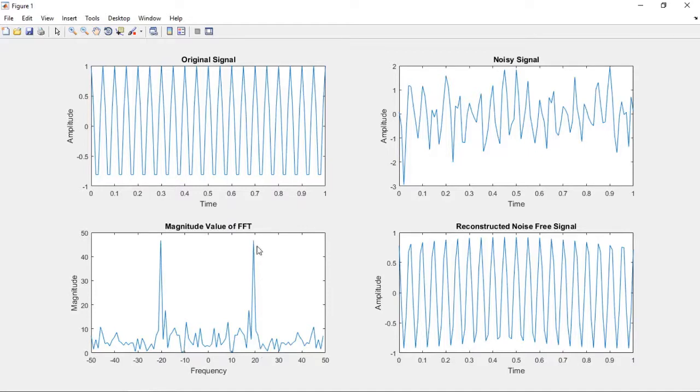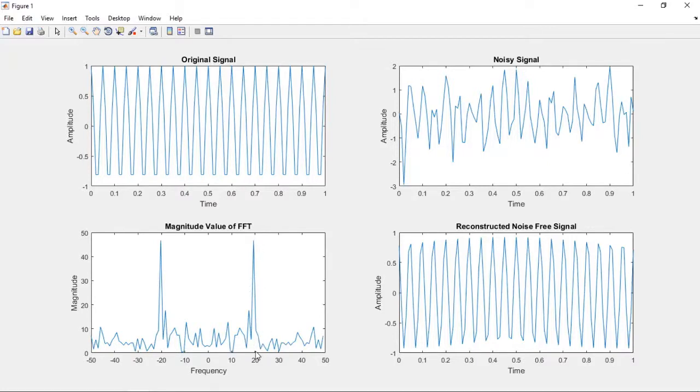So at 20 hertz there is a peak, and these correspond to the noisy values. We have to determine the threshold here. So threshold is selected here. If the value is less than 20, I selected 20 as the threshold. We are making all these things as zeros. The noise components are zero, so only the spectral peak that is at 20 hertz is used.